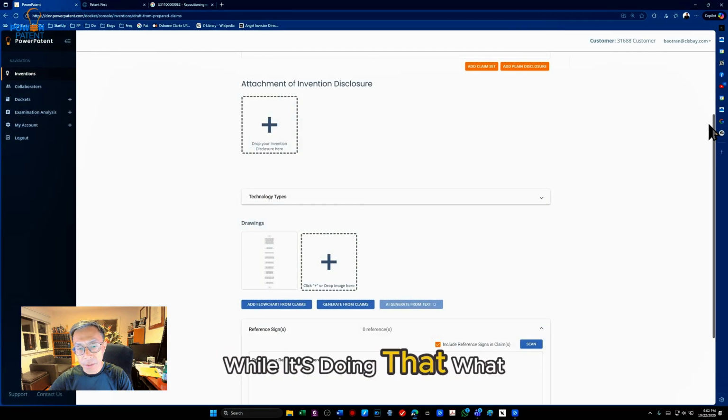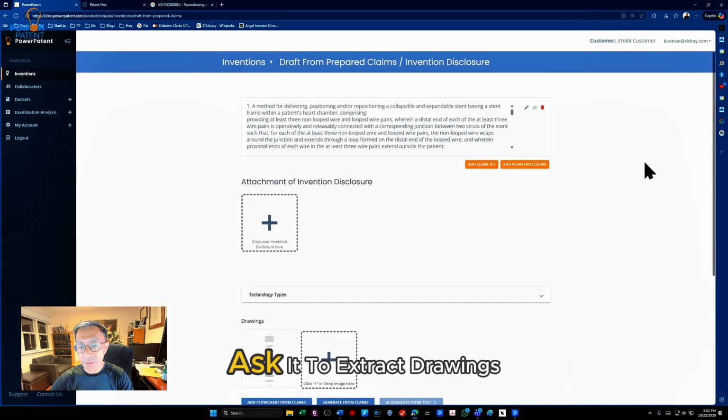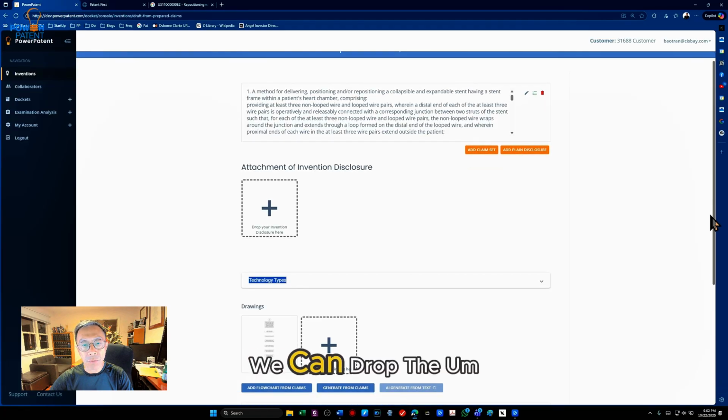While it's doing that, what we can also do is ask it to extract drawings. We can drop the image of the drawing here, so we can do this.